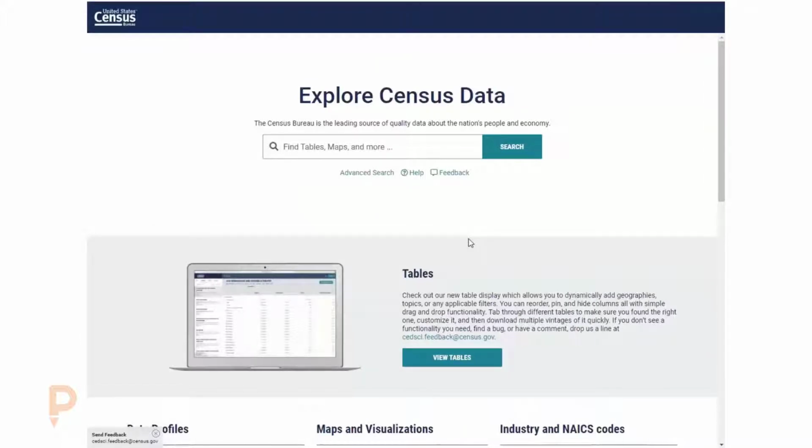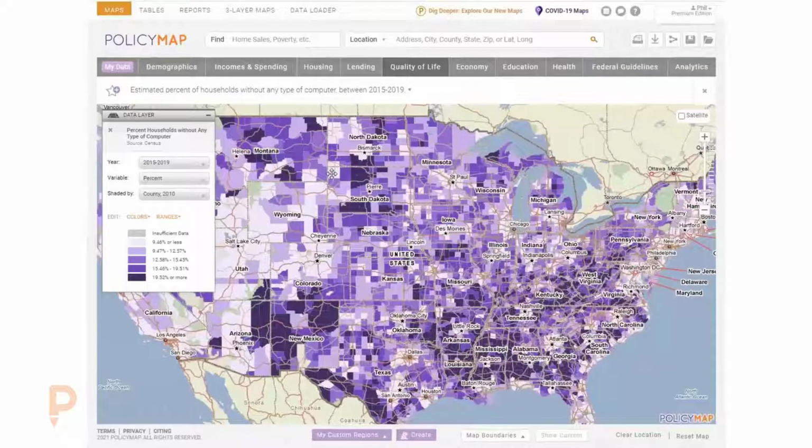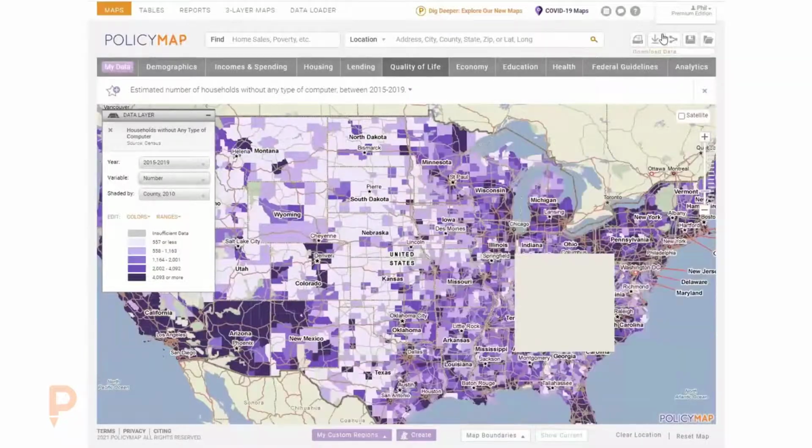The great thing about this is that they have access to this data as much as they want. The only sometimes overwhelming part of downloading raw data is that it is raw, so the users have to really dig through that underlying data set to figure out maybe the parts that they're trying to download. And that's the reason why we built this much more specific way to download. So if we were to say, of these places is the percentage of people that don't have access to a computer, but we also want to get the number of people, we can flip this to number,